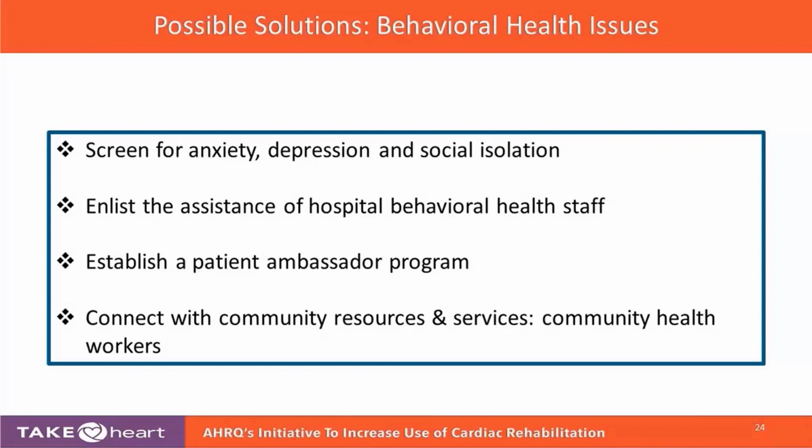I mean, maybe you have behavioral health people connected to your program. Maybe you have them connected to your hospital, but just knowing where they are and how to connect with them is important. And this is another spot where those patient ambassadors can be helpful too, is reaching out, especially with the social isolation piece. The hope is that you can bring someone who is socially isolated into CR, and then CR will provide that added benefit of forming a social connection for that person as well. But once again, just really knowing what your community resources are and how to connect them to your patients is key for supporting that area.